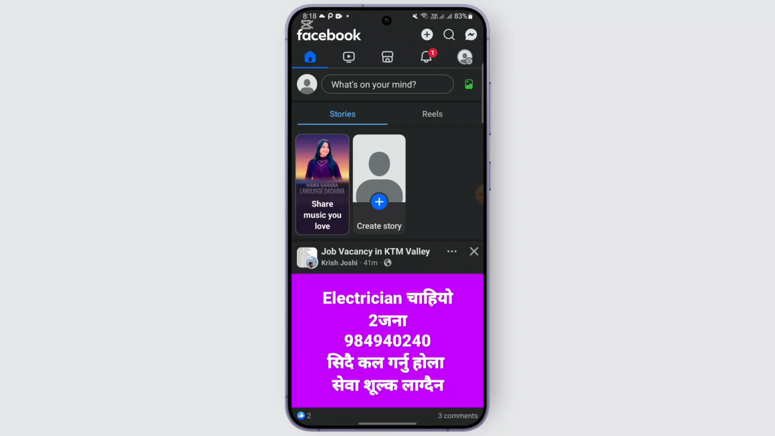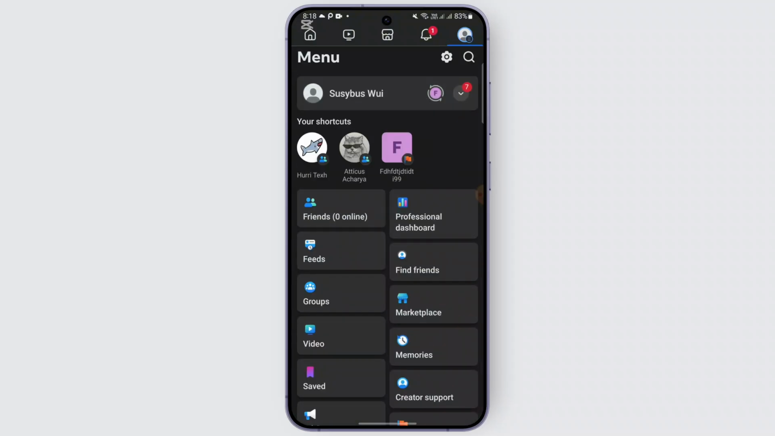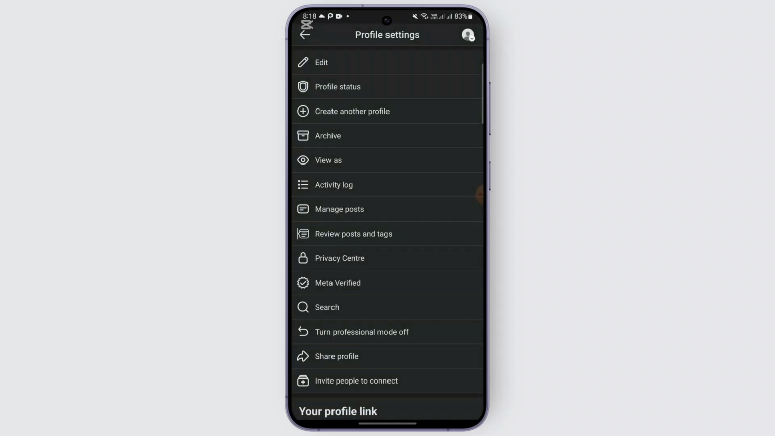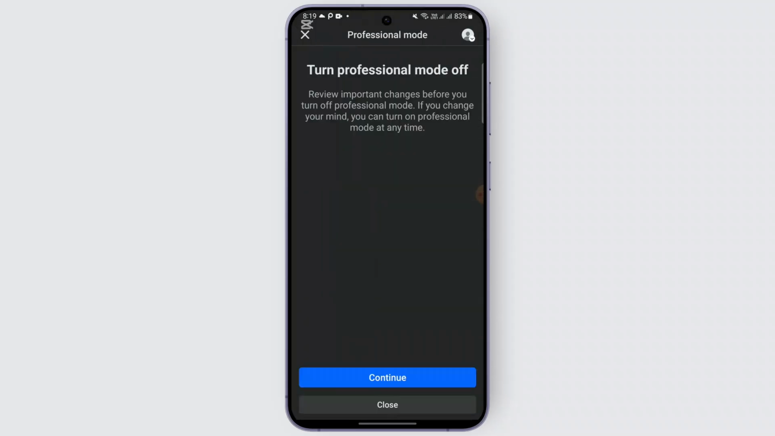So if you don't want anyone to take screenshot from your profile, the people you don't want, you may just head over to your profile. After that, tap on your profile here. And if you have this professional dashboard on your screen, you may just turn it off. Tap on the three dot beside it and you can find this option called